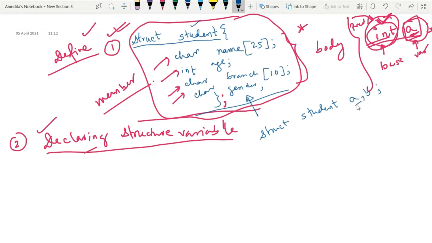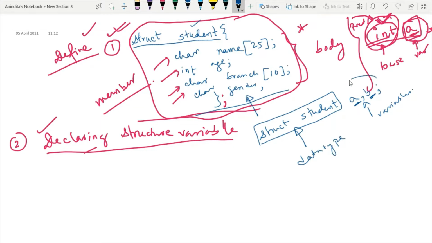So here a and b are the variables of type struct student. You have to remember one point: struct student is the data type here and a, b are the variables.